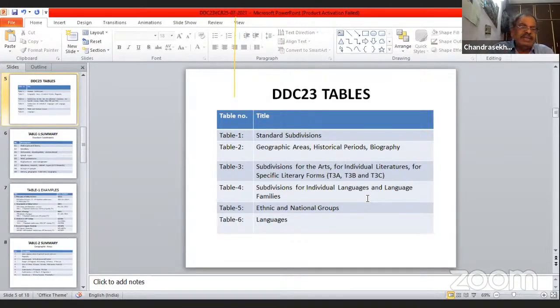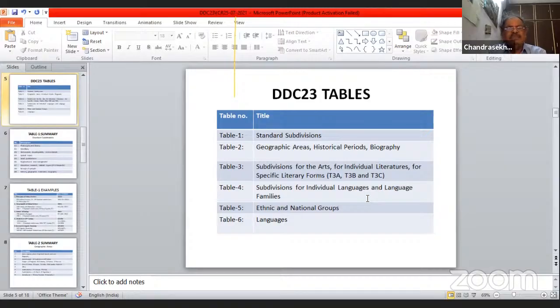So there are 6 tables. Previously there were 7 tables. In the 23rd edition, they have reduced them to 6 tables. They omitted table number 7, which was persons. Now they are using only 6 tables in DDC 23rd. So table 1 is standard subdivisions, commonly occurring subdivisions like philosophy, theory, then dictionaries,